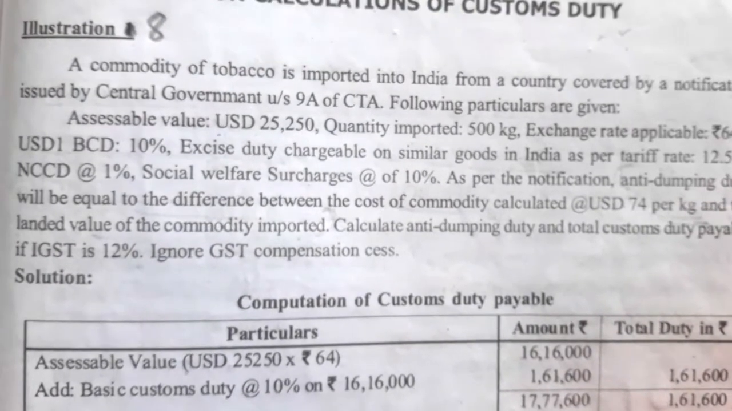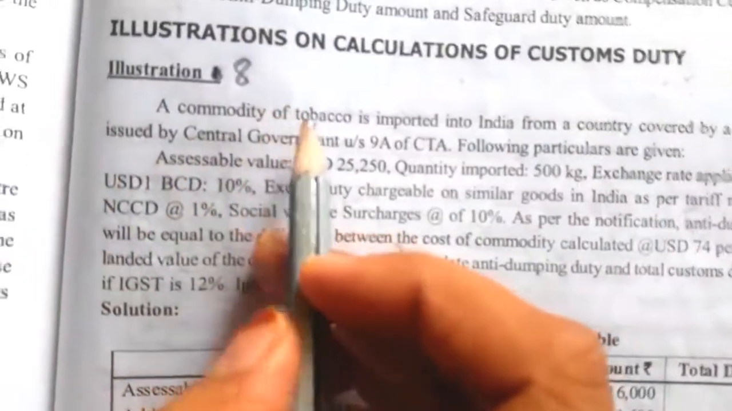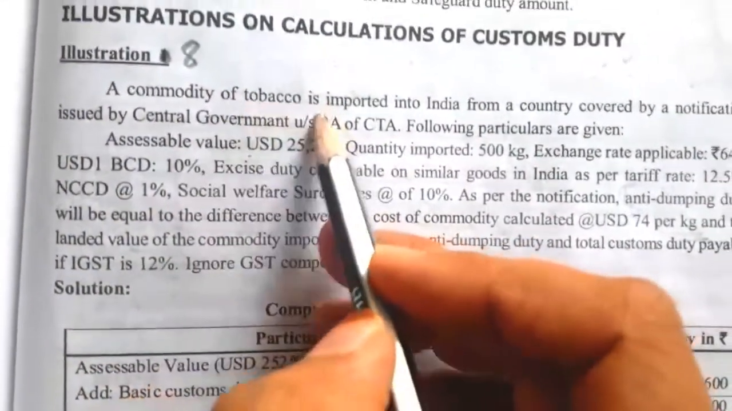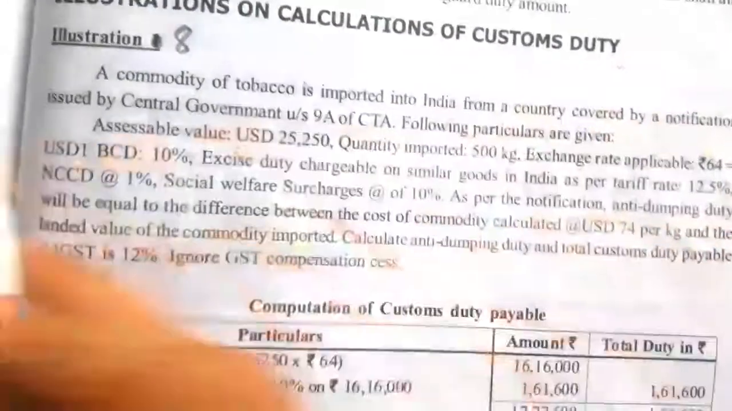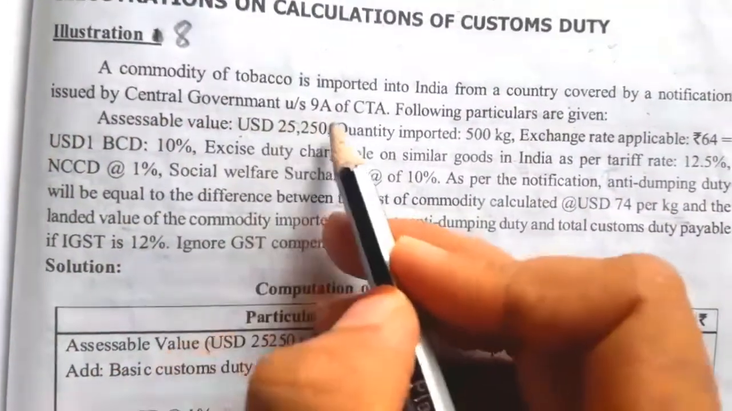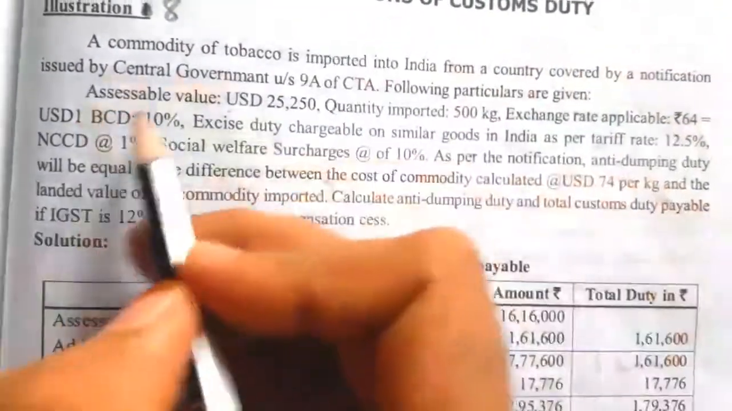Hello students, in today's class we are going to learn about the next illustration number 8. See the illustration. A commodity of tobacco is imported into India from a country covered by a notification issued by the central government under section 9A of CTA. Following particulars are given: accessible value